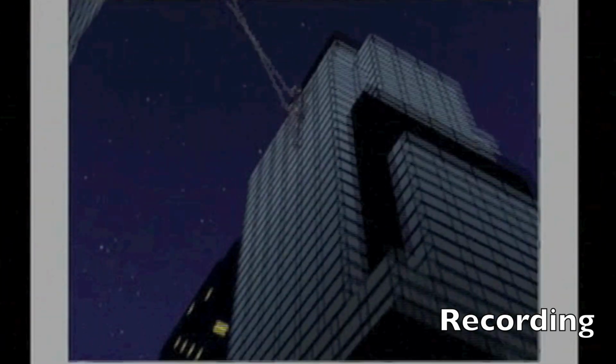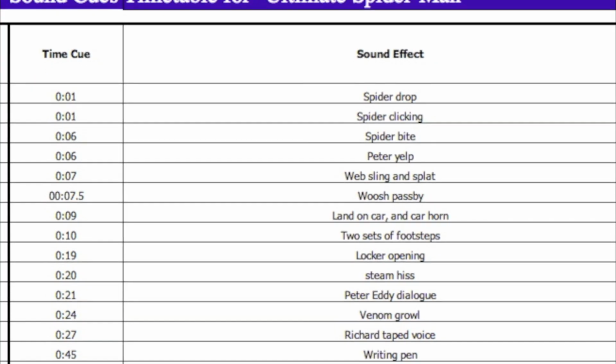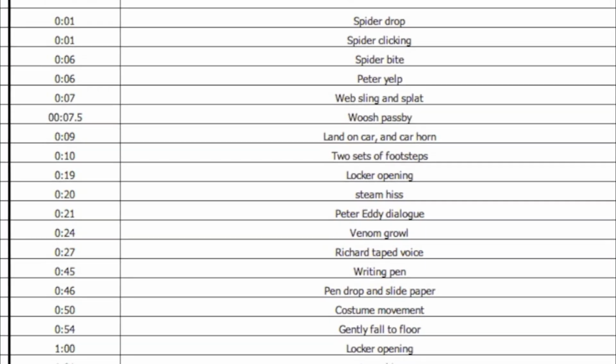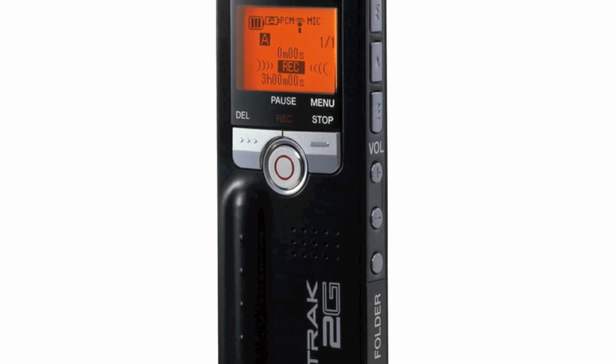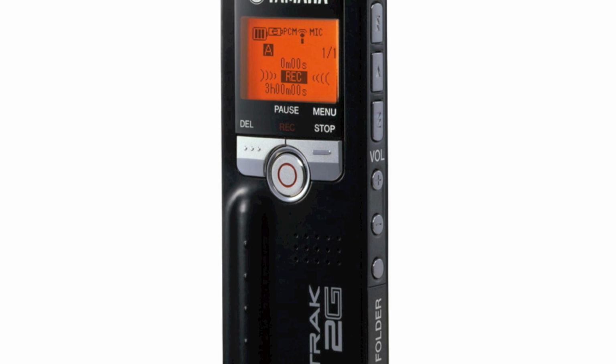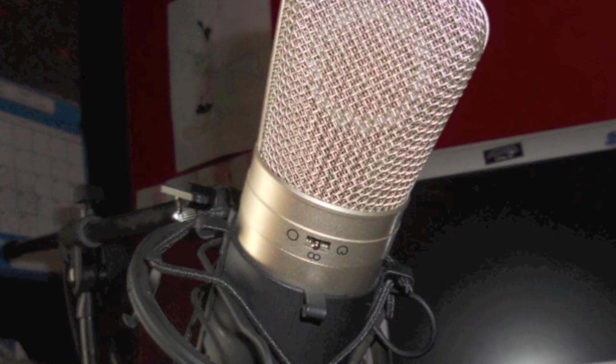Careful analysis was required, as I then had to write out a cue sheet for the video, writing down what sounds were needed and what time cue they were on. Once that was done, I had to pick and choose what other sounds would be ideal to recreate sounds that were not usually heard in everyday life, such as the splat of Spider-Man's web swing or a loud descent of a pretty huge spider. I then recorded splat noises by throwing wet cloth against walls, wind, cars, and objects falling